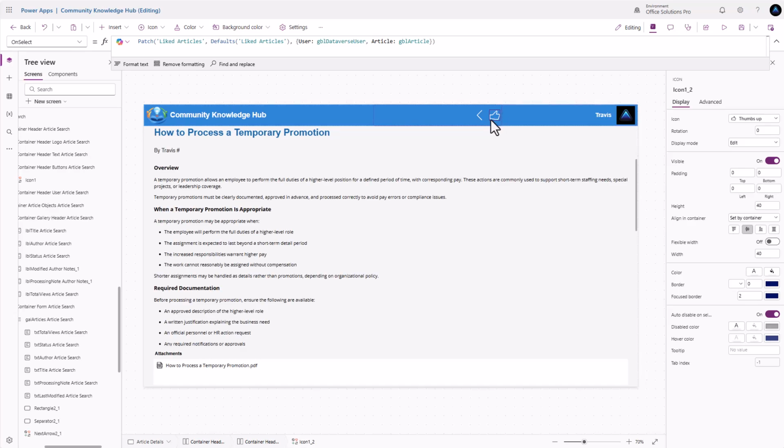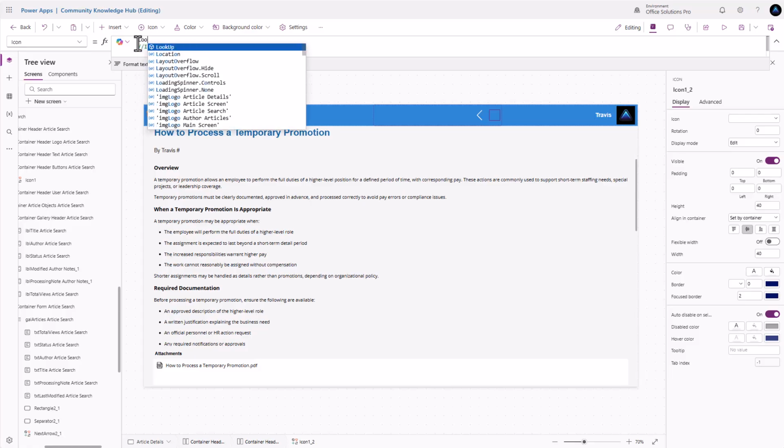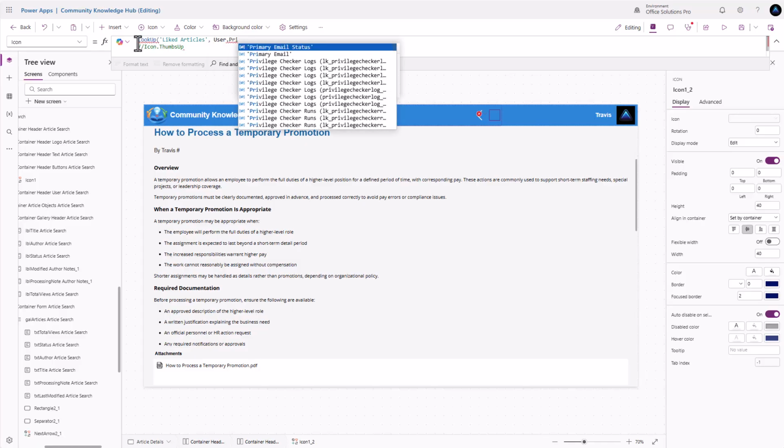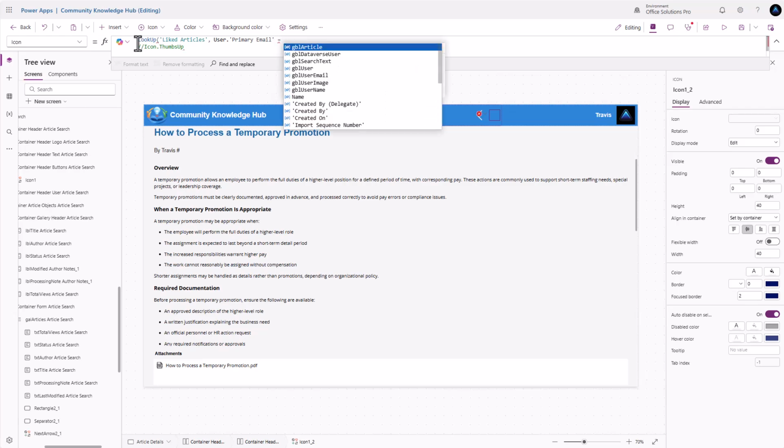And now what we're going to do, we want this to be the filled in one when it's already been liked. So what we're going to do is on our icon, let's go ahead and move this out of the way for a second. And we're going to say lookup liked articles. And we're going to say user.primary email equals our GBL